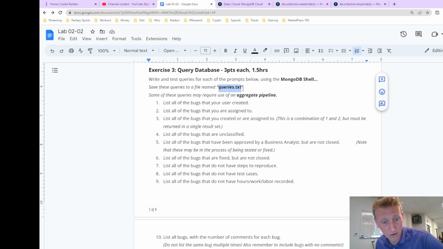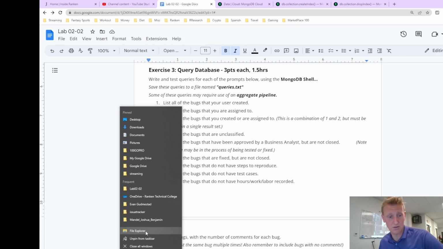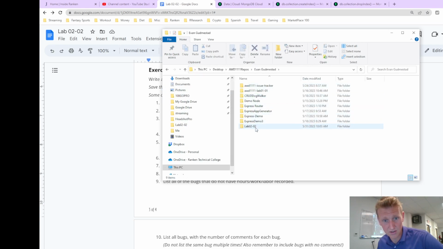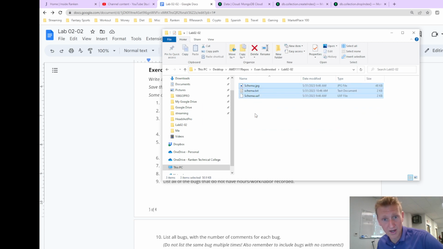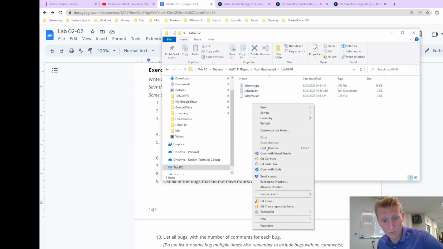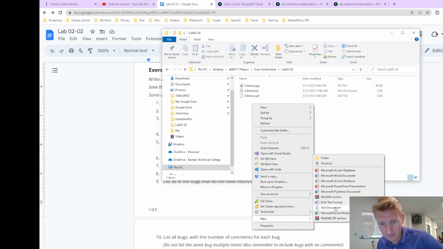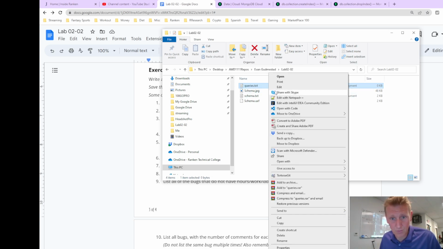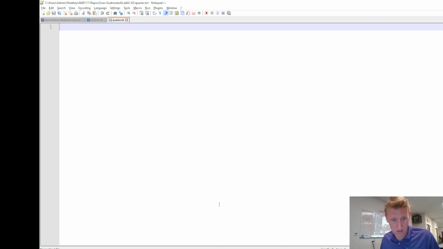So this is a new file called queries.txt. So you're going to have in your folder, we'll make a new text file. Mine was desktop repos here, lab 2. We'll make a new file, text document called queries.txt. We'll open that up and